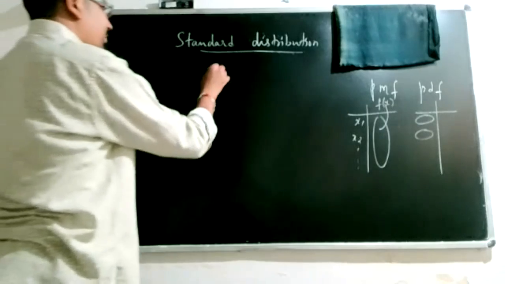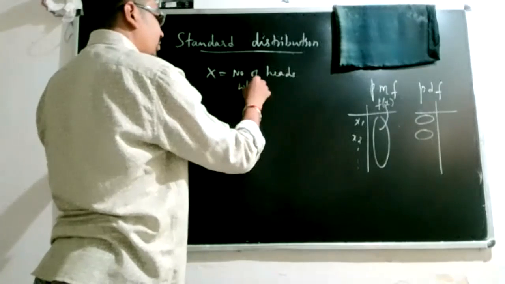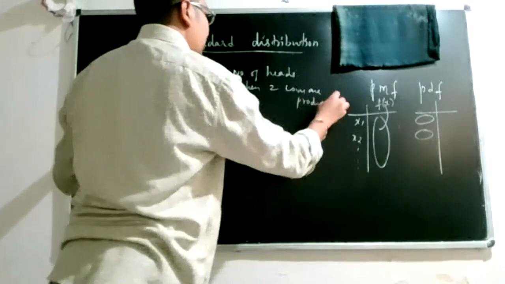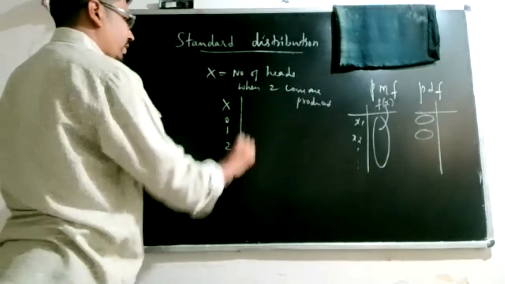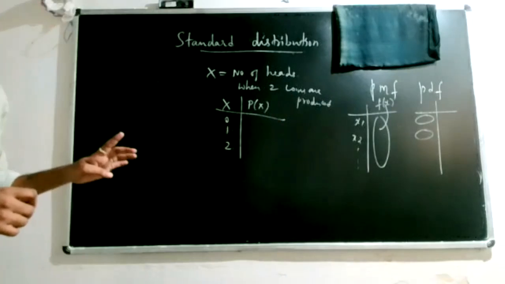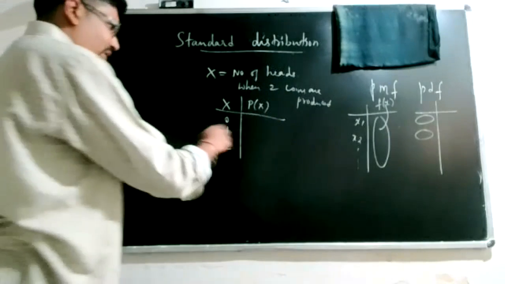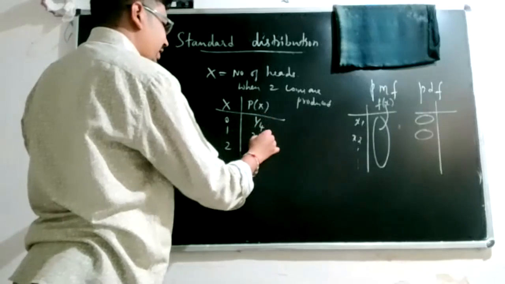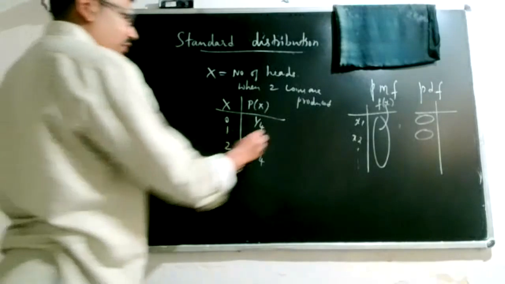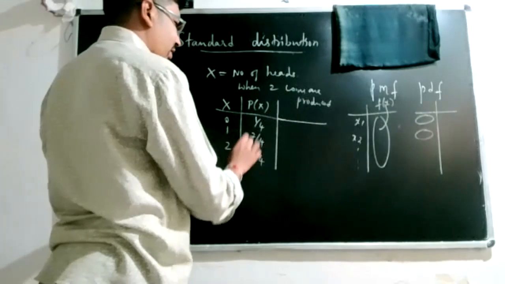So let me take this example of x equal to the number of heads when two coins are tossed. We have x taking values 0, 1, 2 because our sample space has 4 cases: HH, HT, TH and TT. So when you count the number of heads, the possible values are 0, 1, 2, and we have already learned how to compute the probabilities also. I'm just stating it. In this case, the probability is this. Now, if you look into this, all these cases could be easily given by a function. So I can write this as,